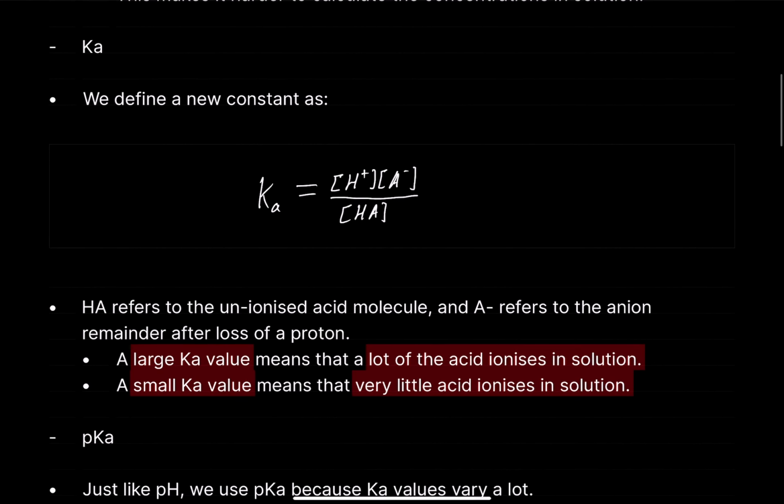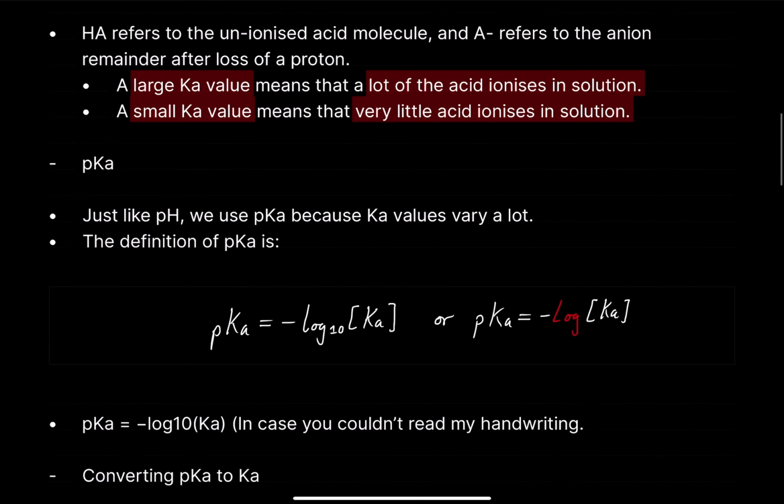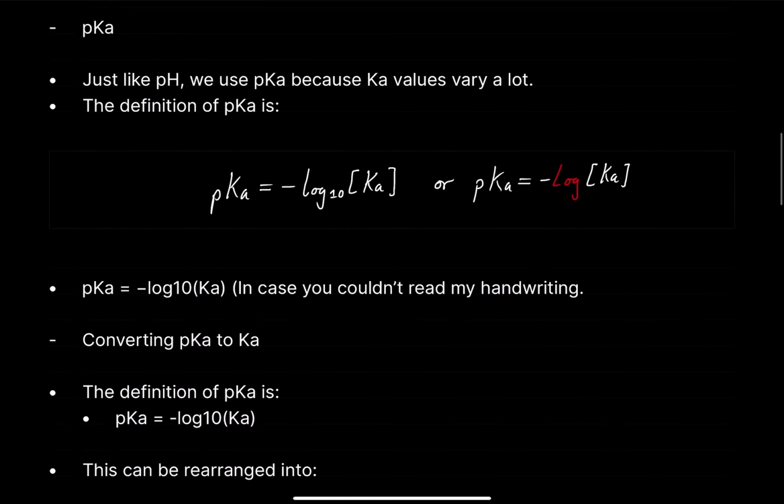Understanding how Ka forms, what Ka represents. Remember, Ka represents the number of unionized acid molecules that are dissociating in solution, or really the equilibrium constant that's representing how likely the equilibrium will shift to the right for dissociation. And that's it, really. Hopefully this